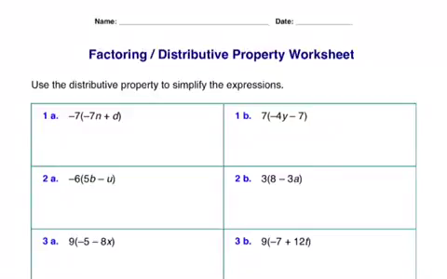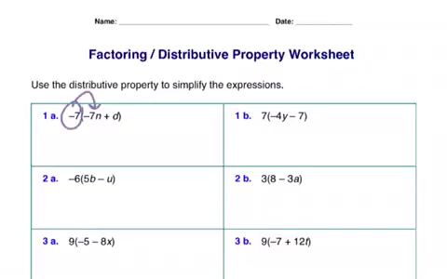Okay, welcome to the video for your homework. So this is the sheet that you picked up at the door. What you're going to do is just practice distributing, and then on the back you're going to practice factoring. So as a quick review of distributing, we're going to show that we are doing